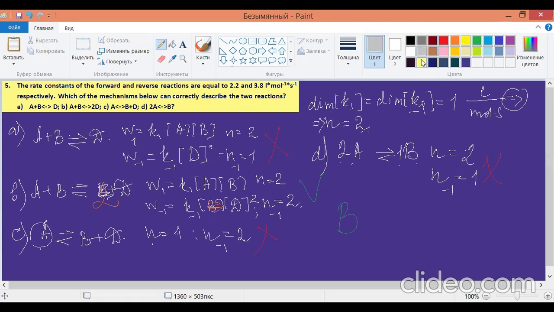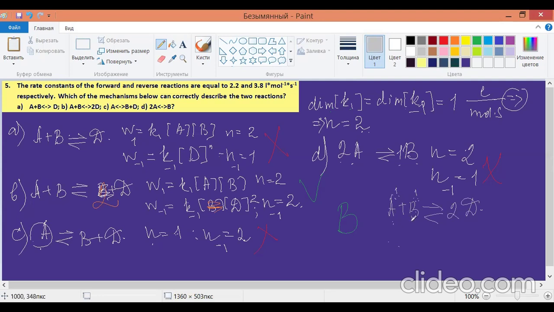Again, let me rewrite it. So A plus B turned to 2D. A and B both have a rate of 1, yeah. So the rate of the forward reaction with respect to A is equal to 1, and the rate of the forward reaction with respect to B is equal to 1, which means that the total rate of the forward reaction is equal to the sum of the two